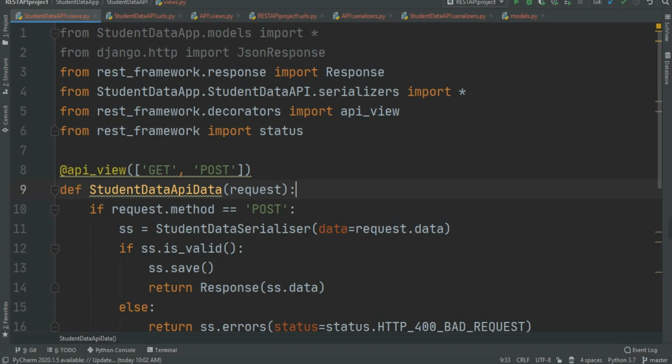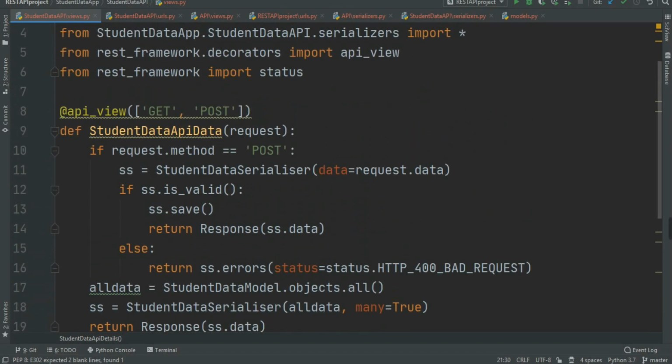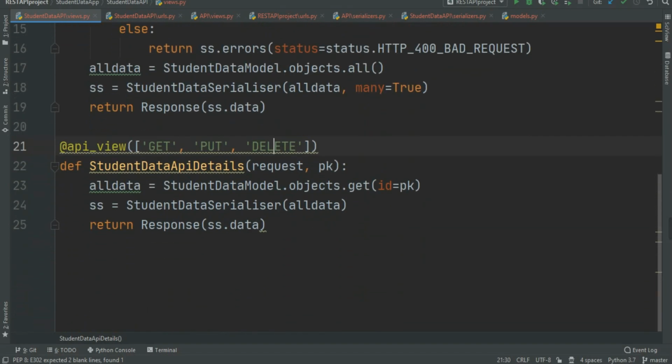Okay, now here's the interesting thing you want to remember. Whenever you use the update operation, you can't just write get and post. You have to write the put method. Now put is particular for update. Put means update in Django REST. Remember, put means update. Put means update. Now in here, I'm going to change the decorator to get, put and delete, because we don't need to create any objects in here.